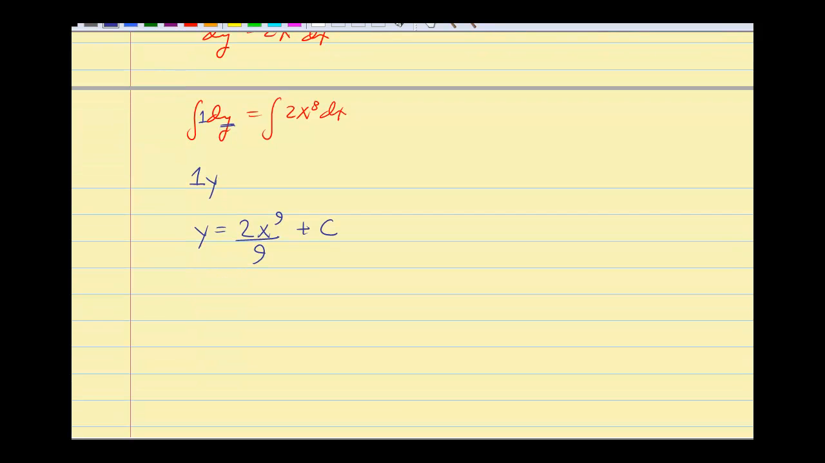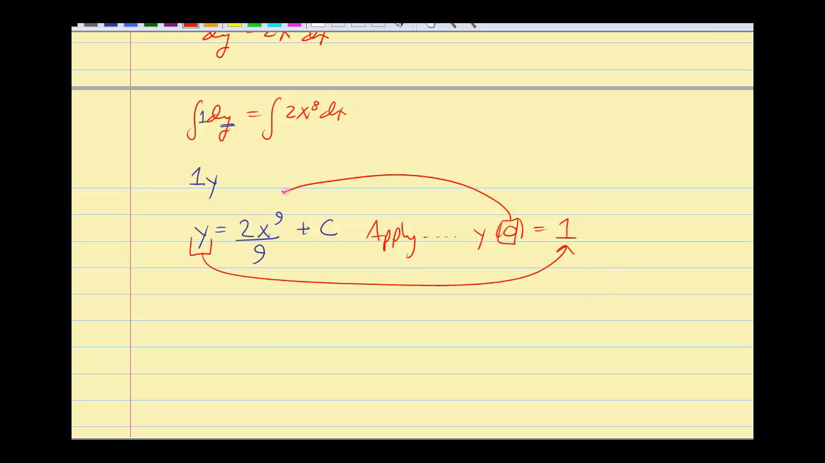Now what I want to do is apply our initial condition. Our initial condition was y of 0 equals 1. So this means y is equal to 1, and this 0 means everywhere there's an x, because that's my other variable in my function, I replace it with a 0. So this looks like 1 equals 2 times 0 to the 9th